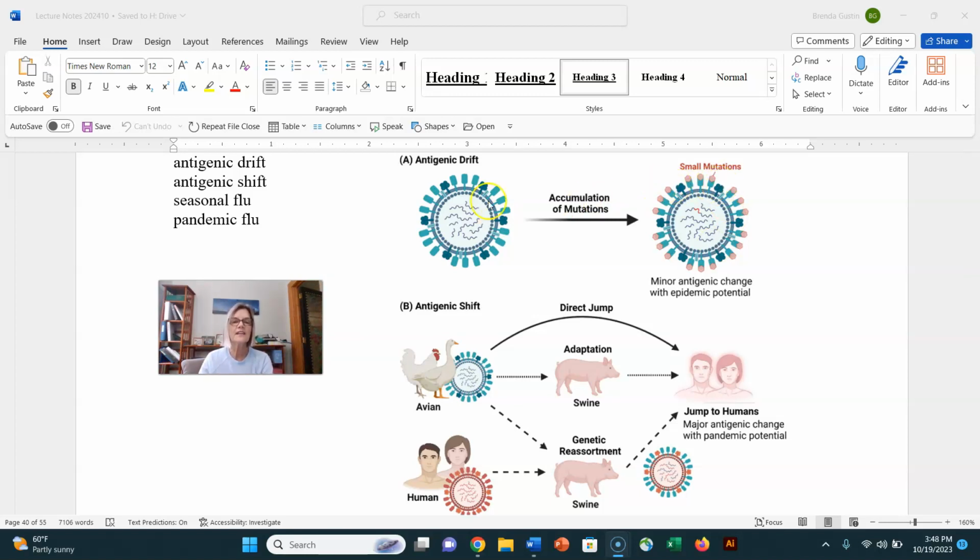Now there's something else that happens that's called antigenic shift. And again, we've documented this very well in influenza viruses. It turns out you need 3 different organisms for an antigenic shift to happen. And for influenza viruses, these organisms are birds, pigs, and humans. And I'm just going to use this part down here. Typically what happens is